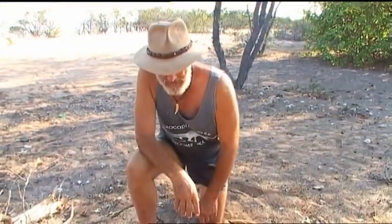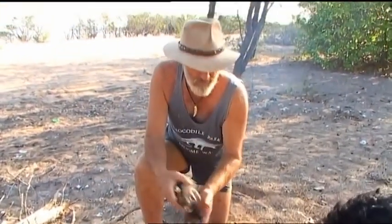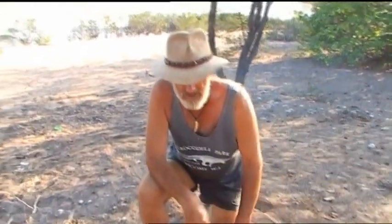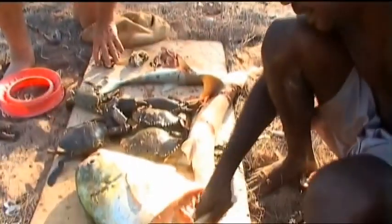So we're going to have a late lunch. We're going to have crabs, half a gigantic fish here, and on the coals is the liver that's taken out of the sharks. It's going to be a great meal. Anyway,